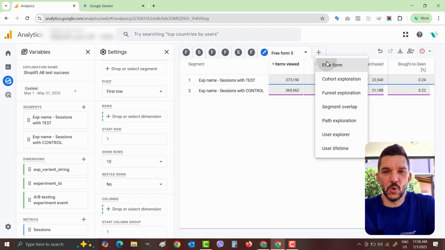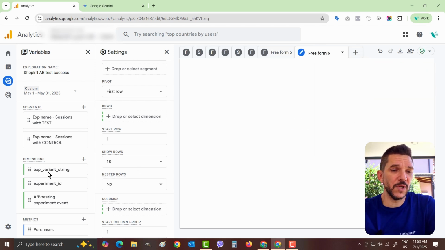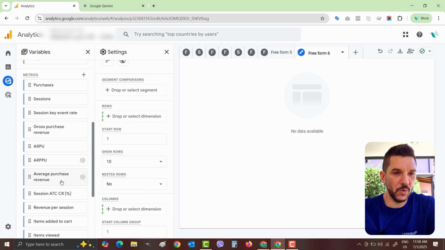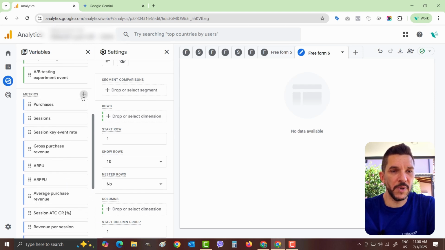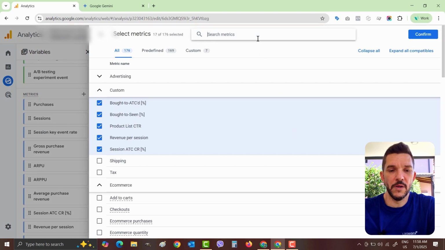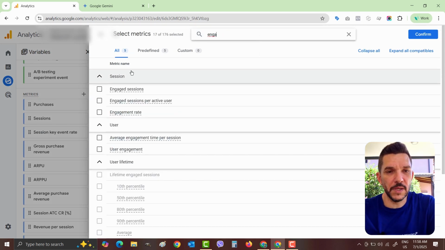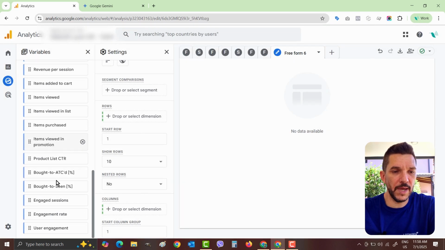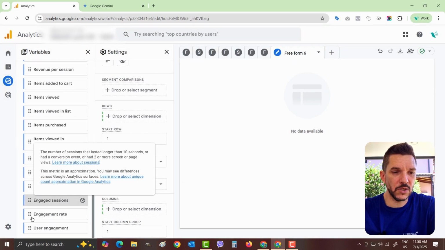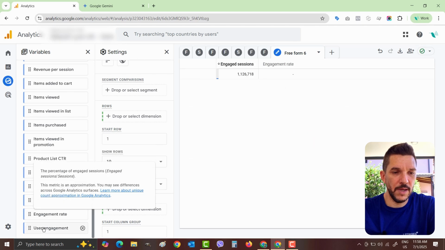You can also play with engagement metrics such as, let's see if there are some of them already brought in here. If not, adding metrics is super easy here. You just start typing engaged sessions, engagement rate, user engagement. Let's see what happens when we add these metrics: engaged sessions, rate, and